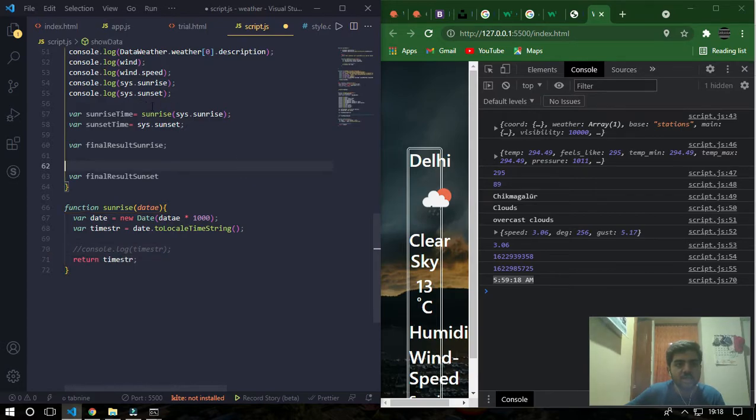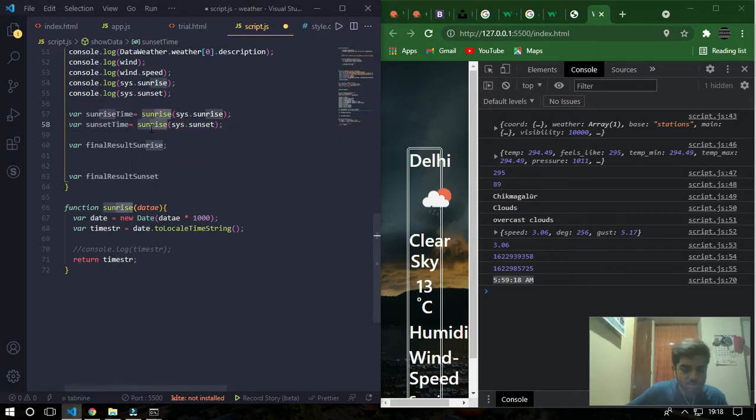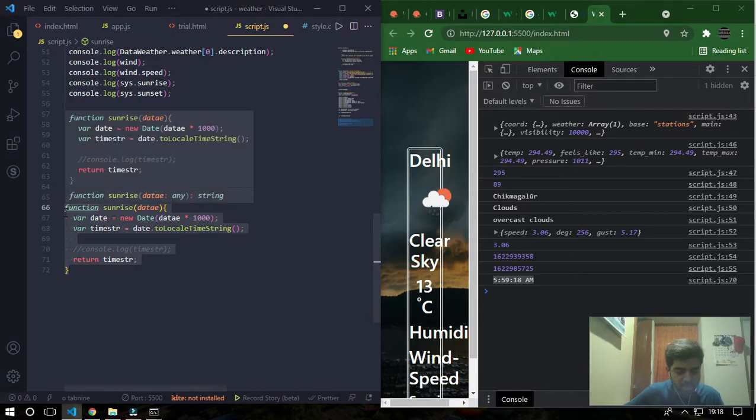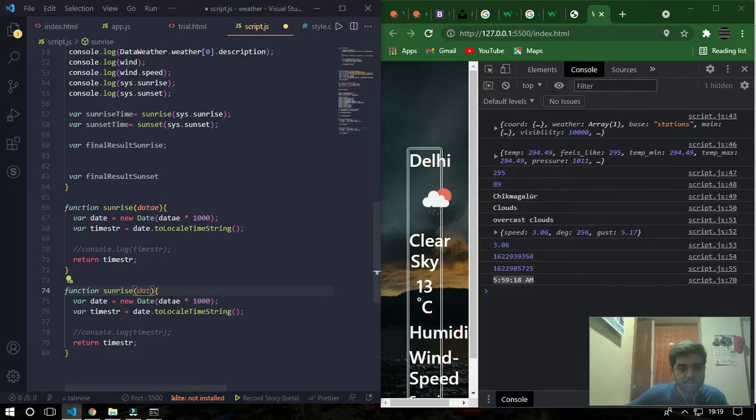Similarly as sunrise, we can just make it for sunset also. Sunset, and here too, sunset. I'll also take another function, and I'll just take it as date.